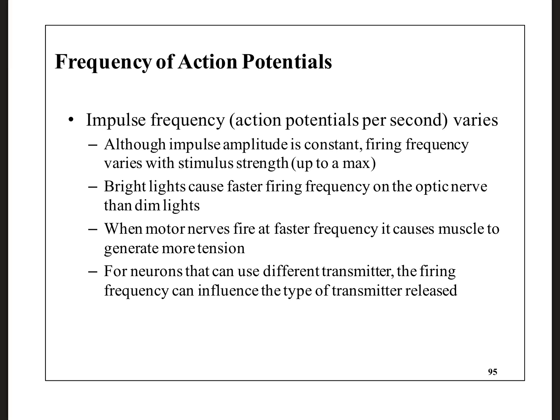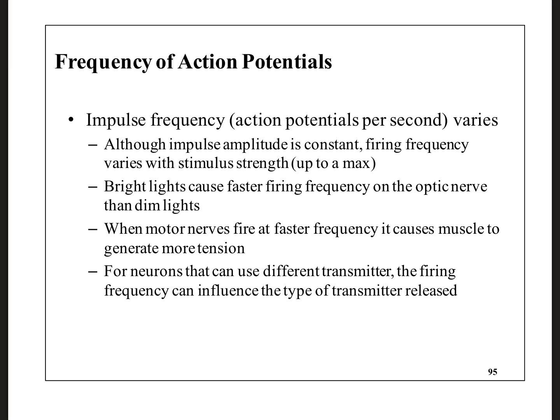Neurons can use different transmitters, because they can. We'll talk about neurotransmitters on Monday, right? And the different ones. We'll talk about acetylcholine, dopamine, right? And adrenaline or norepinephrine, epinephrine. The firing frequency can influence the type of neurotransmitter released. Now we're talking about how things change. Up to now, we've talked about motor neurons, acetylcholine as our only neurotransmitter. We haven't talked about, well, how do